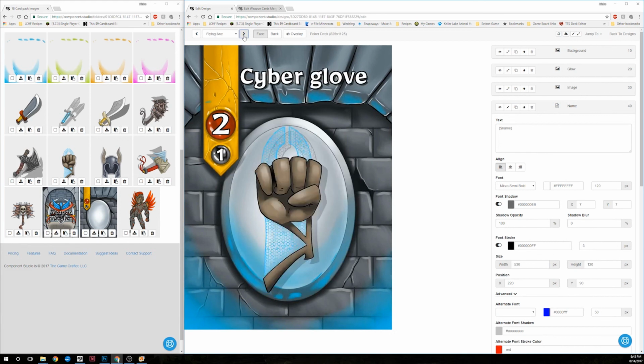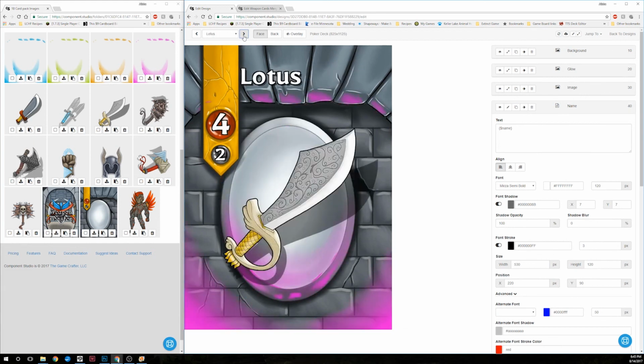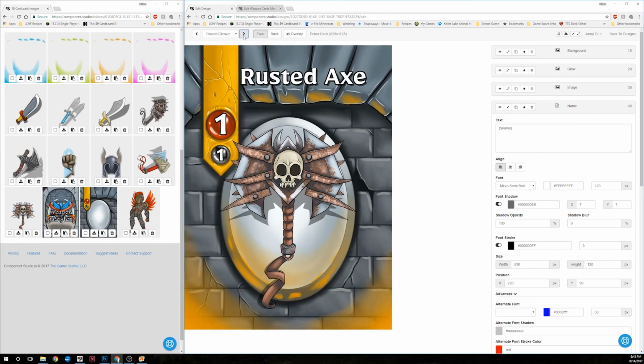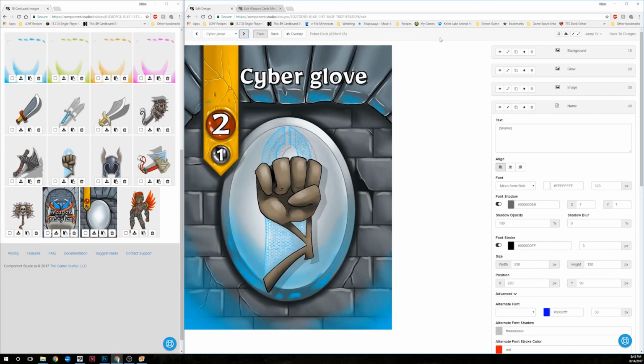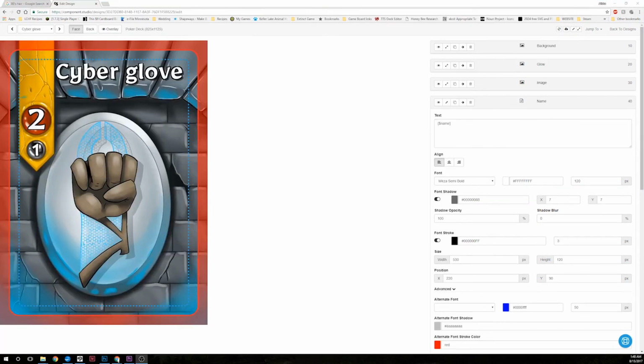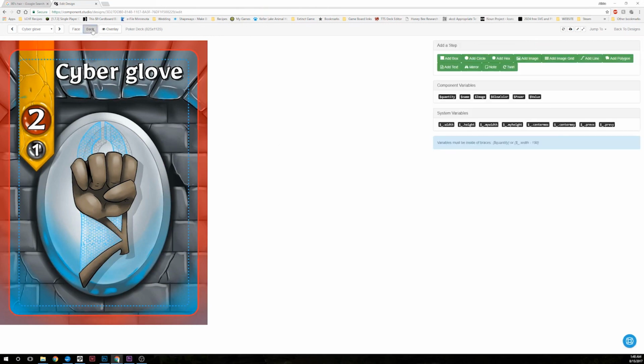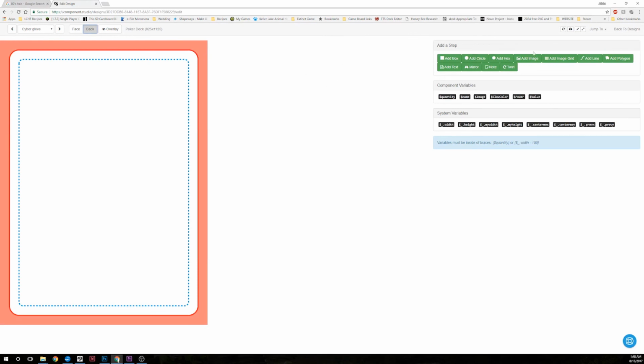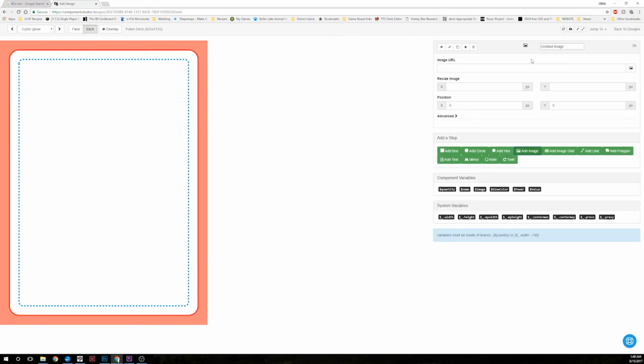Next up, let's preview all our cards. I disabled the overlay at the top. All the cards look great. Alright, once your cards are all set, you can hit back at the top. And here we're going to add the back of our cards. So for me, it's pretty simple. It's just one image. We're going to go here,